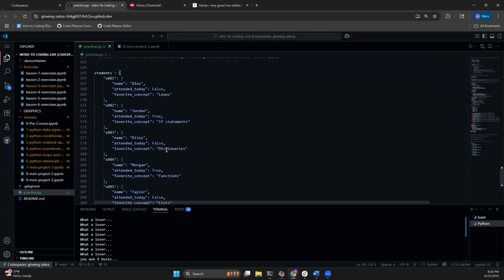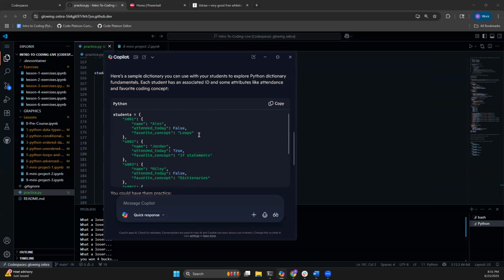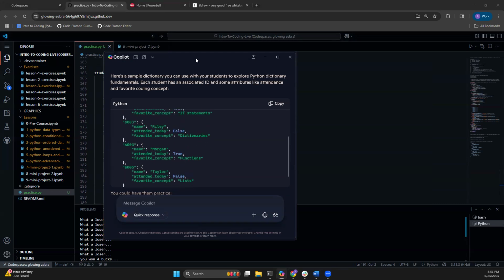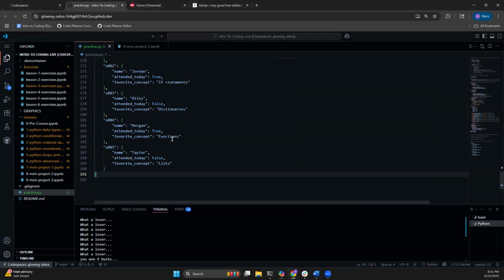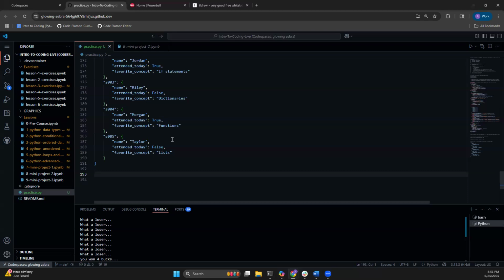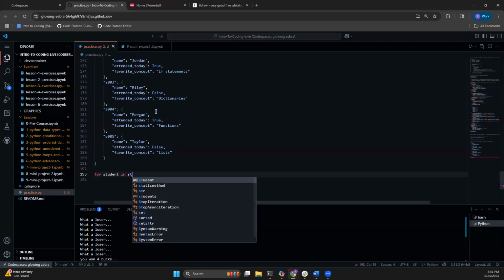right? If you struggled with dictionaries, if you don't even know where to start when accessing, this was really quick. I asked it to give me a dictionary of students to practice dictionaries. And it did just that. 5 seconds worth. And now I have a dictionary I can practice with, and I can practice accessing dictionaries. For student in, let's see. Yeah, for student and student,